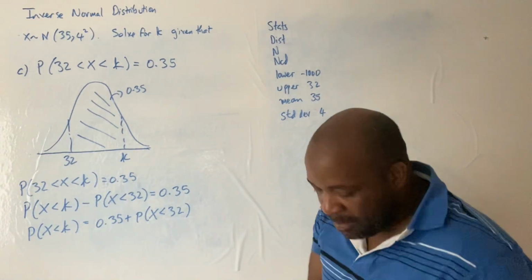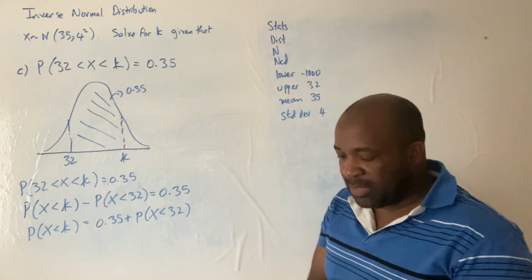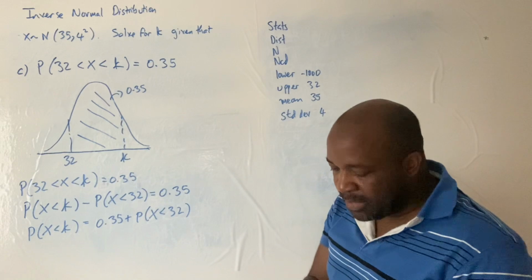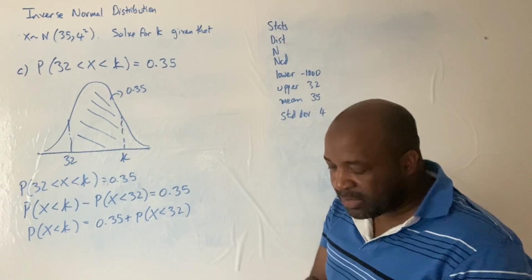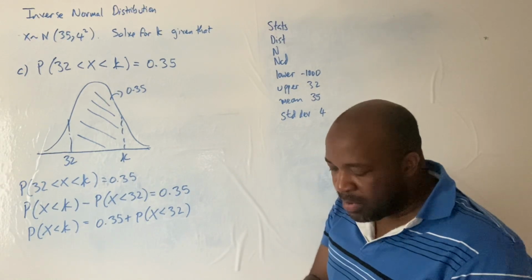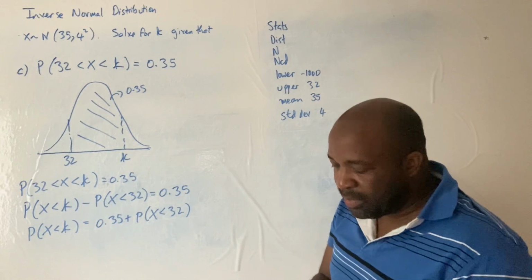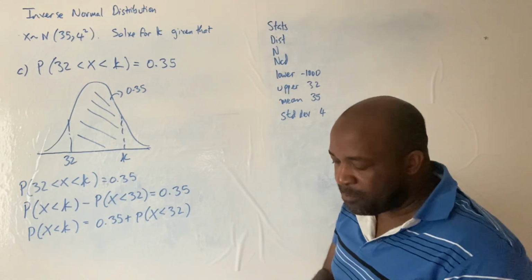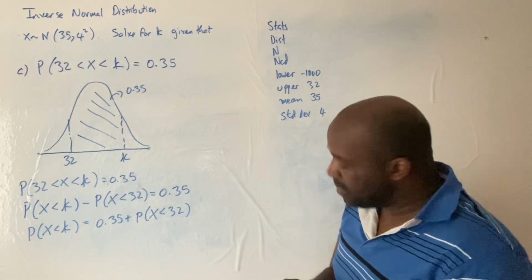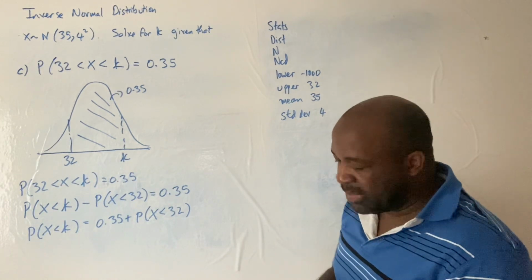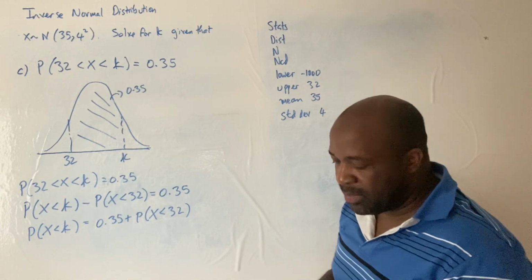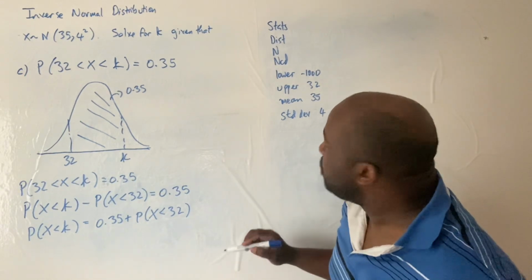So let's go to our calculators and sub in those values. Again, statistics, distribution, normal, NCD. My lower is negative 1,000. My upper is 32. My sigma is 4. And my mean is 35. So I should get